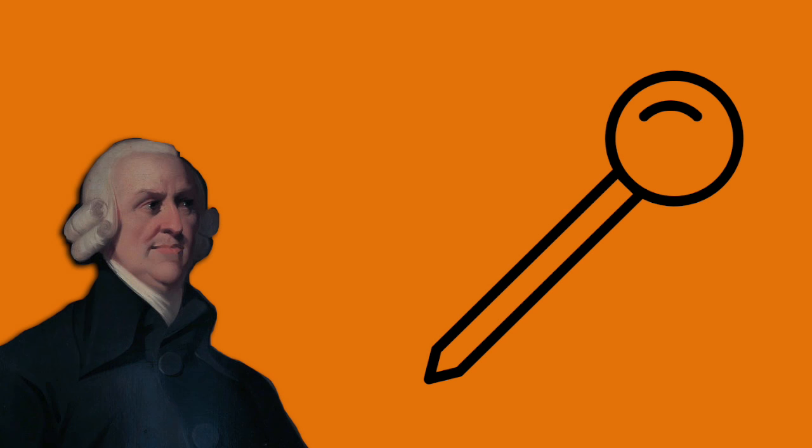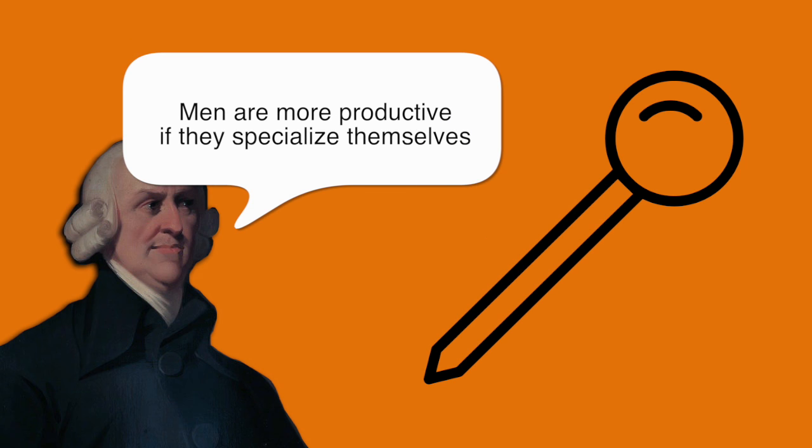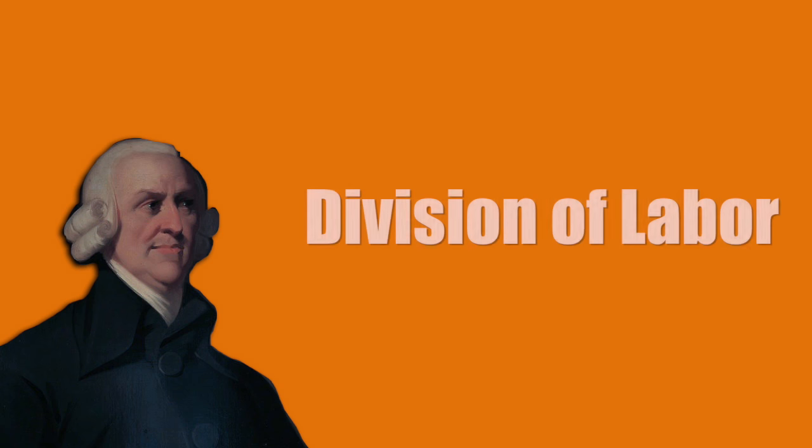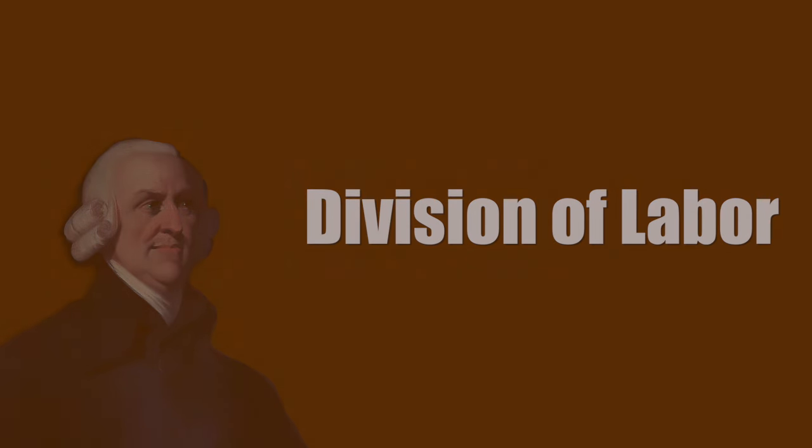End quote. So he's saying the men are exponentially, in fact, almost infinitely more productive if they specialize themselves and divide this process up into smaller parts, and they themselves become educated and incredibly efficient at doing the one task over and over and over again. This is the classic example that Adam Smith uses to establish his ideas surrounding division of labor.